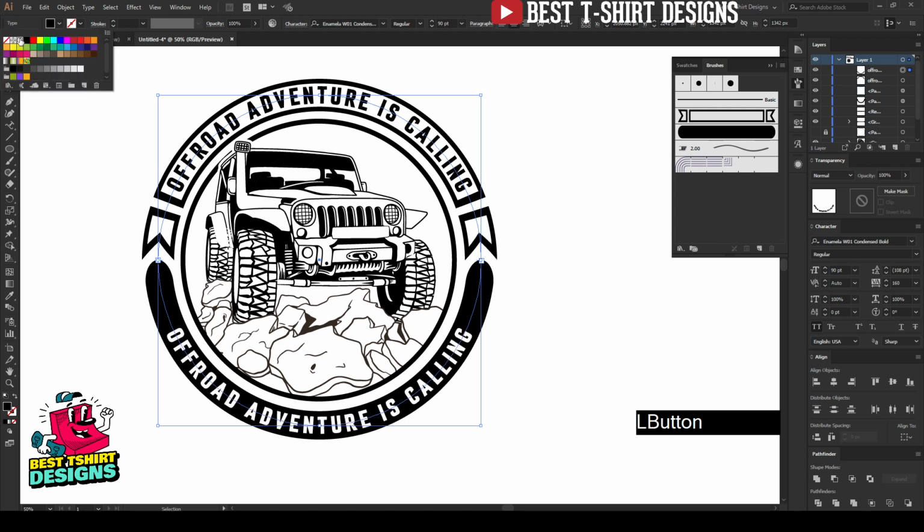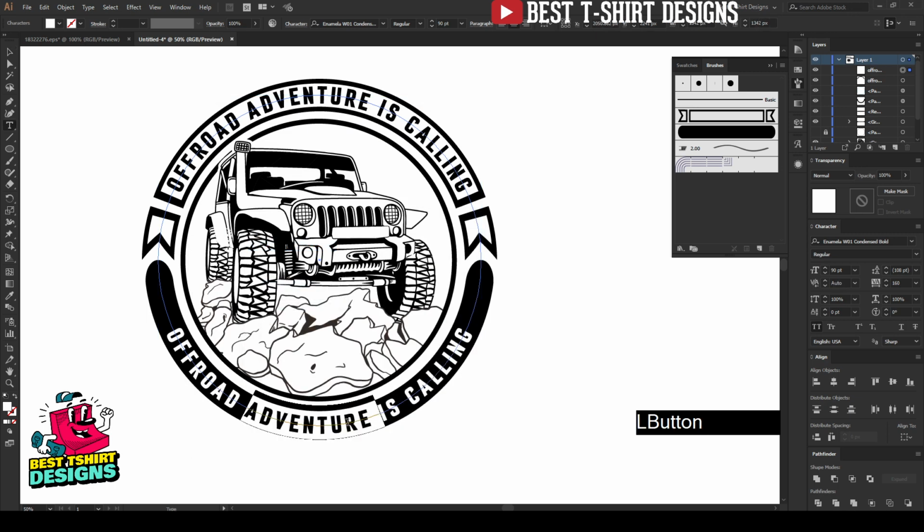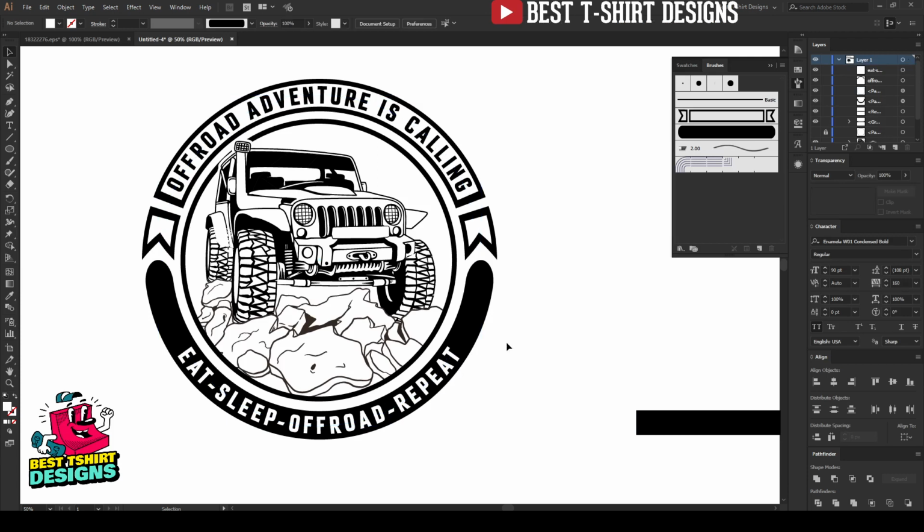So let's change the color. So as you can see, this is my text here. The copy of my text is in this area, and I am going to replace that with this text: Sleep, upload, repeat. And then if I select it, I am pressing Ctrl V. So Ctrl V will paste it here. So as you can see, this is how it is looking right now, and I think that is fine for my text area, but this part is a bit smaller in size, so that is fine.